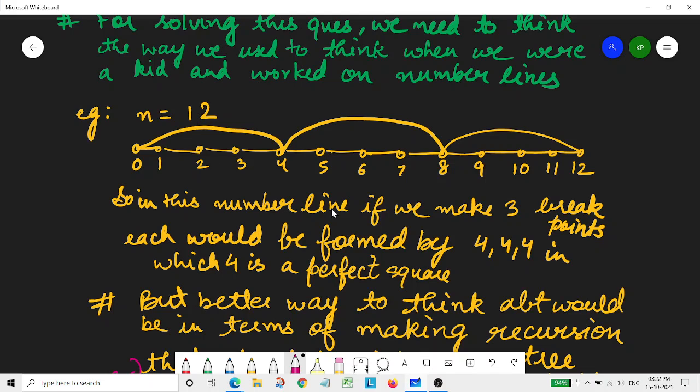In this number line, if we make 3 breakpoints, each part would be 4, which is a perfect square, and this would be the minimum count we could return when given 12. All the breakpoints are at positions with a gap of 4, and this 4 is a perfect square number.